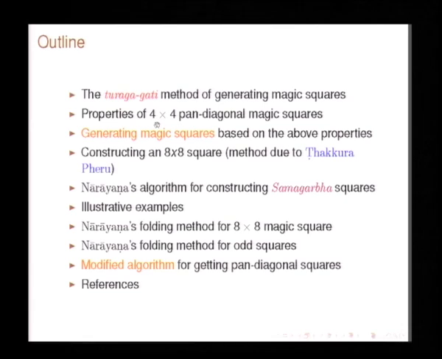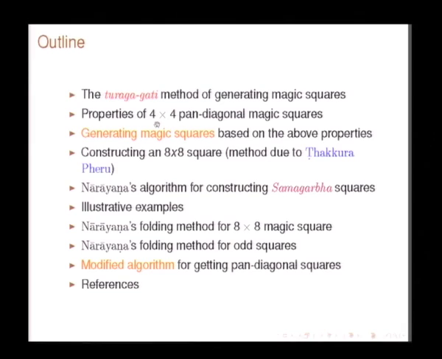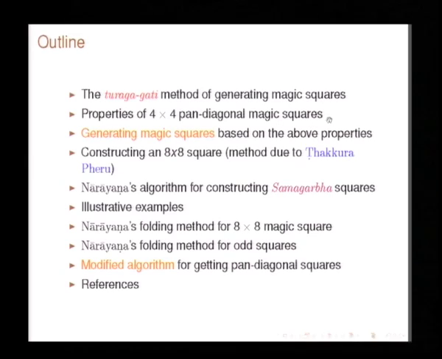Then I will discuss the properties of the pan-diagonal magic squares, as has been neatly worked out by Professor Vijay Raghavan, and based on those properties, how it is that we can easily generate magic squares. So these are the two things that we will do first, and then we will move on to